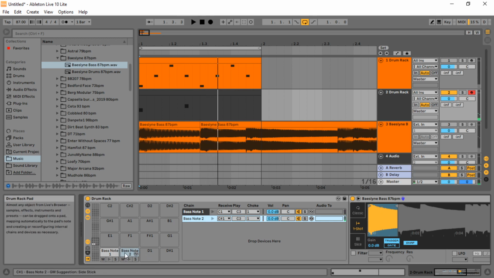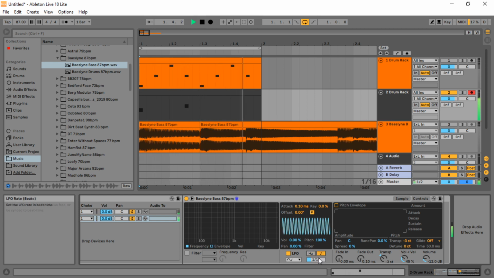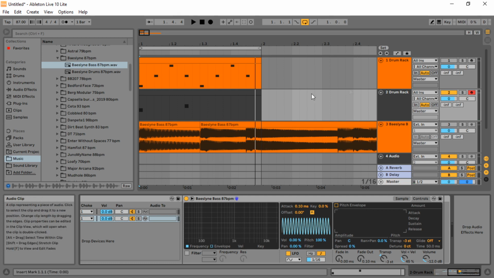And obviously I can copy that as many times as I want. I can do exactly the same with the LFO tricks. There's various other things you can do. I can obviously, if I wanted to do the LFO, and I wanted to do it for the pitch for this one. There's various things that you can do, really get into it, but just to give you a quick example, this is just some of the ways that I use it. So let's quickly on the drums, quickly on the bass line there, and then